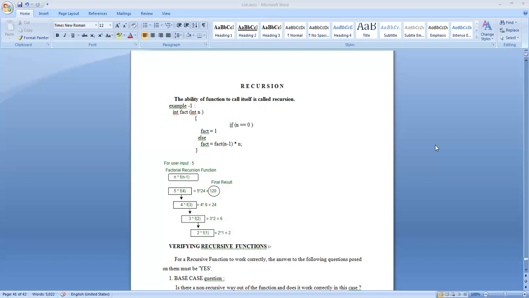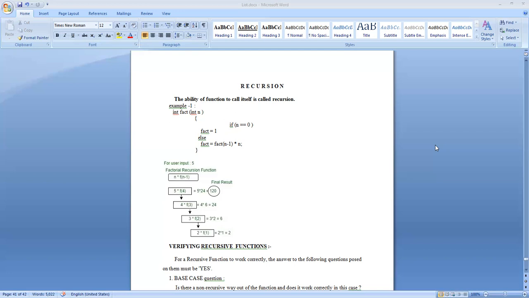Simply saying, you are given a function and the function has a body of its own. Within the body, if the function is called again, that is called recursion. It is a beautiful feature. It simplifies the logic most of the time and helps you write better code.